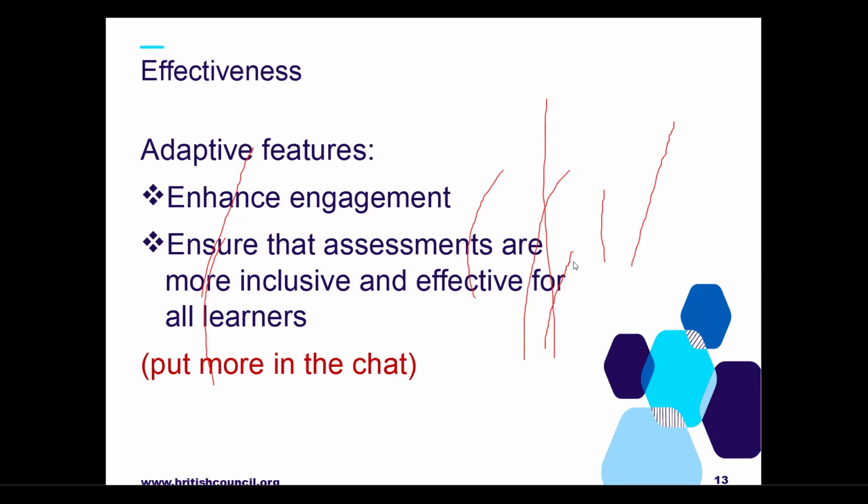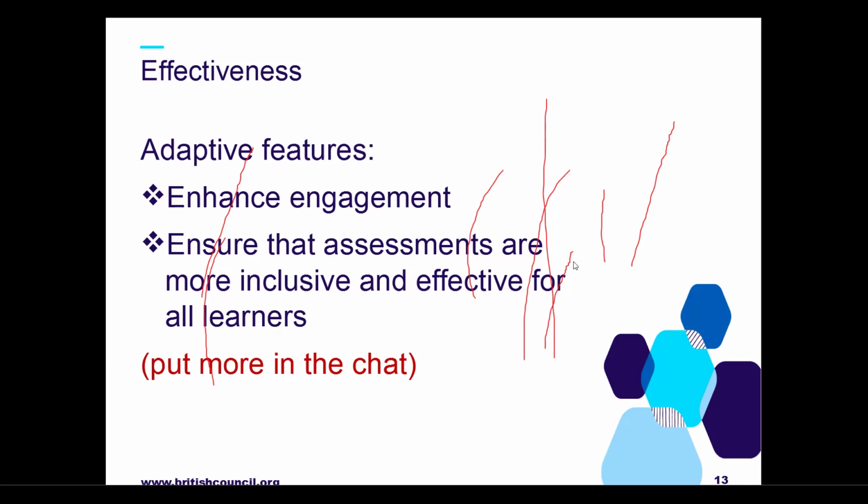Very good, I agree with you, Amayo. Contextual learning is the best for authentic assessment. Any other feedback on how you can adapt your digital assessment? You can just type it in the chat as we continue with this presentation.